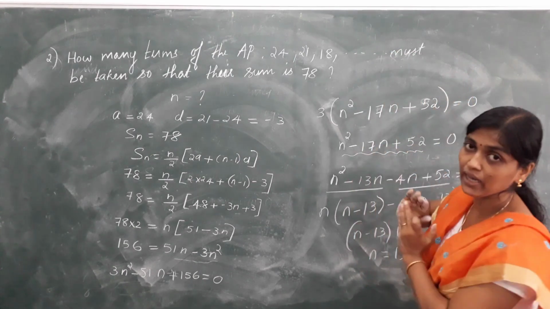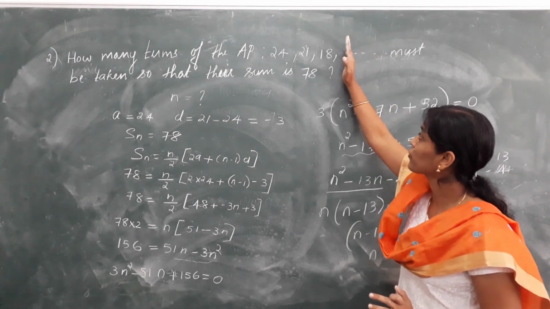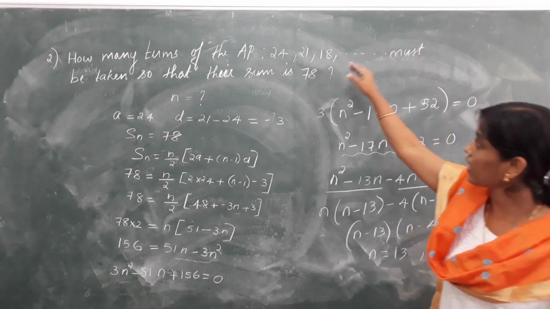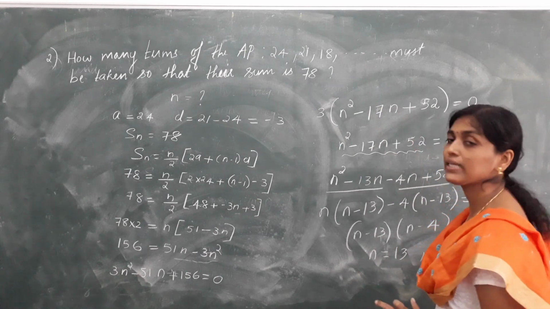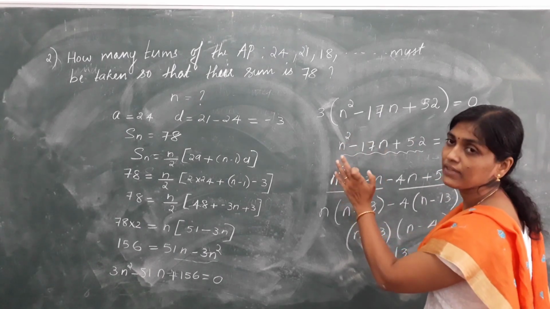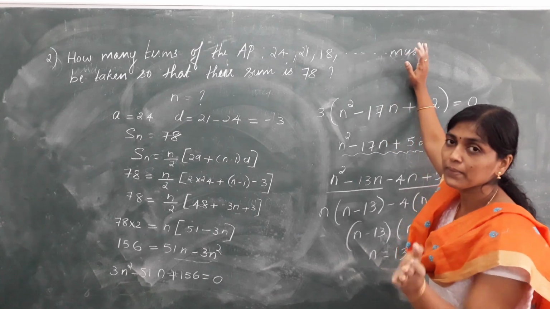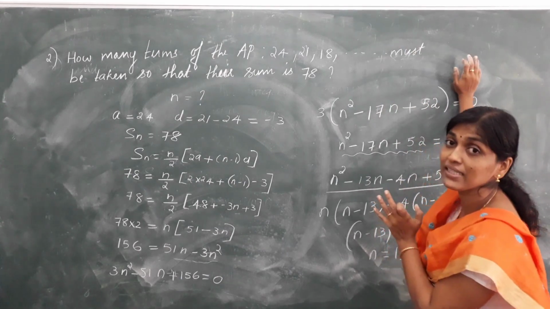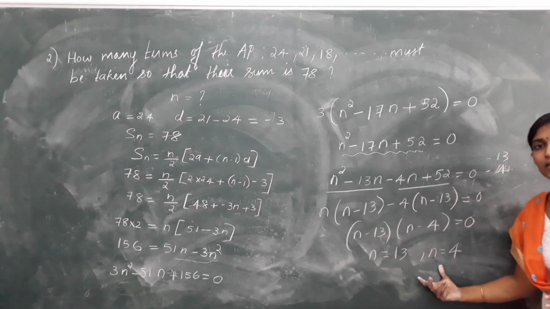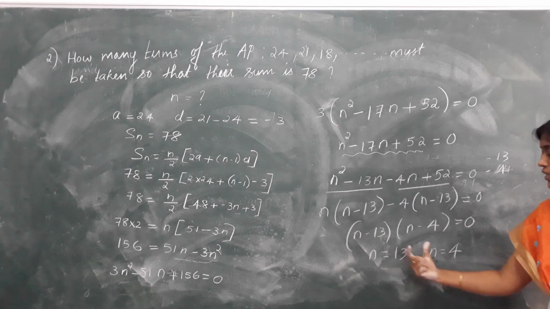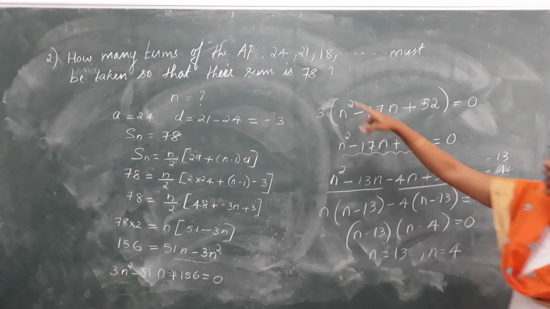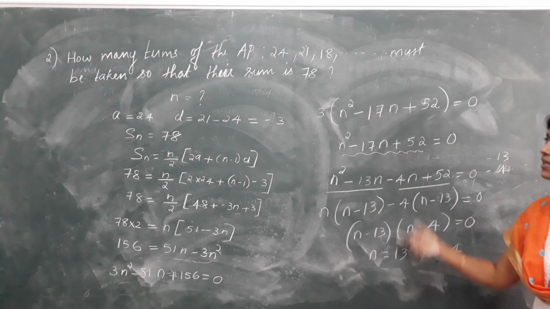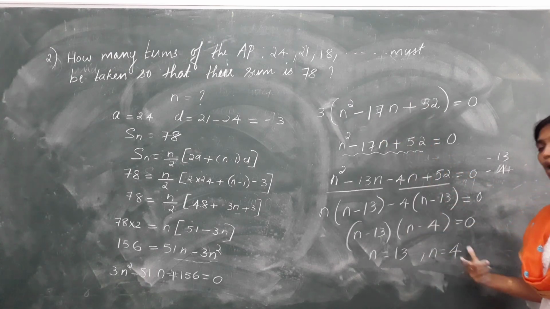So that when they add up, you will get the answer as 0 from the 5th term onwards to the 13th term. That means taking the first 4 terms sum, you will get the answer as 78. From the 5th term onwards, if you take the sum, since there will be negative terms, the total adding up may be 0. So both the values are admissible here. The value of n is equal to 13 or n is equal to 4. So when you are asked how many terms of the AP give the sum 78, the answer is 13 or 4.